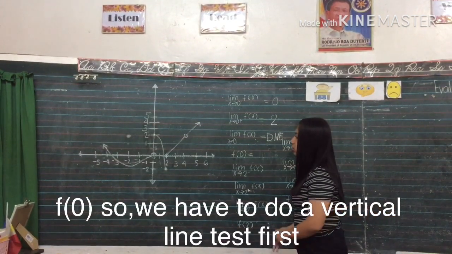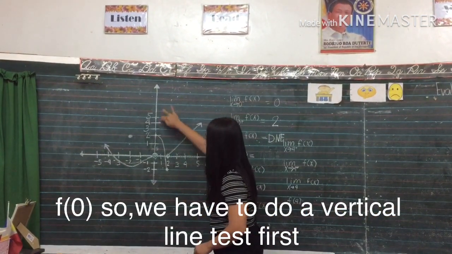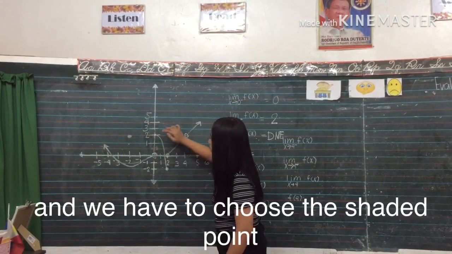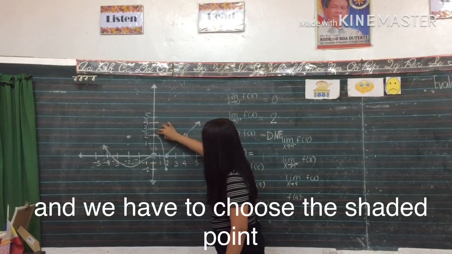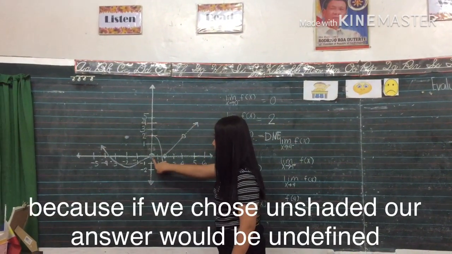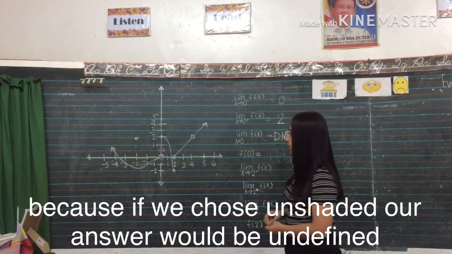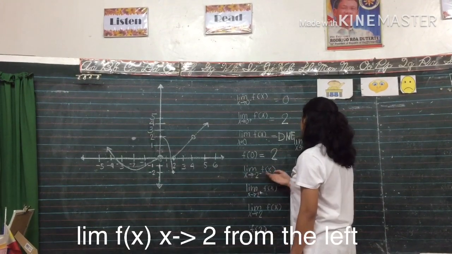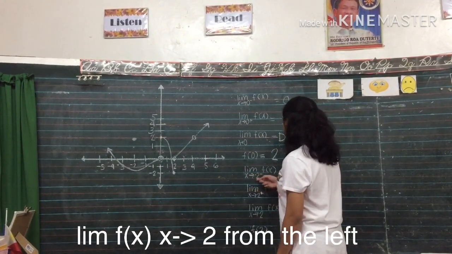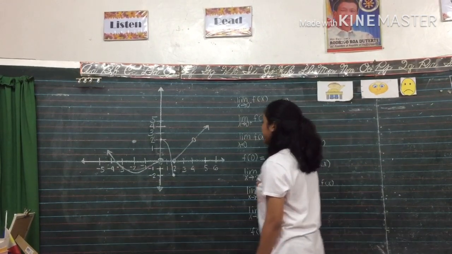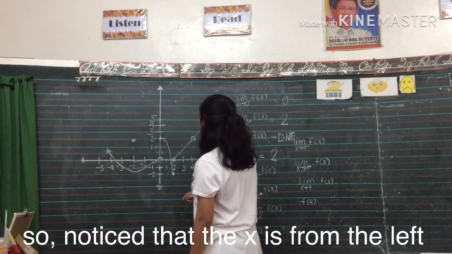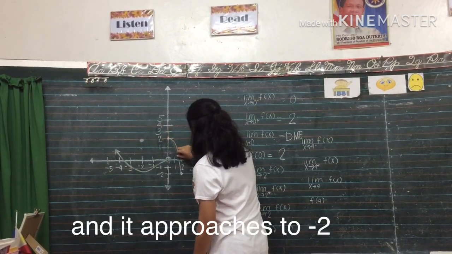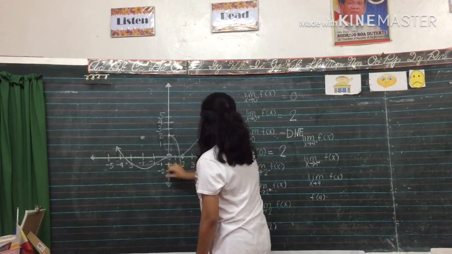f of 0. We have to do a vertical line test first, and notice that we have 2 points and we have to choose the shaded point, because if we choose the unshaded, our answer would be undefined. So the answer is 2. Limit of f of x as x approaches 2 from the left. Notice that x is from the left and it approaches -2. So the answer is